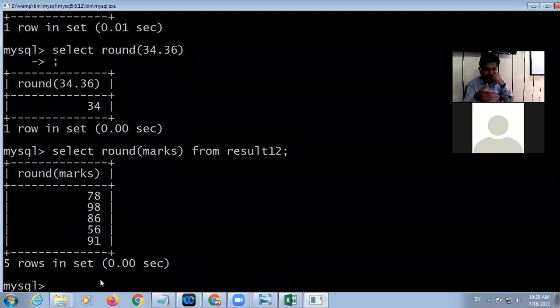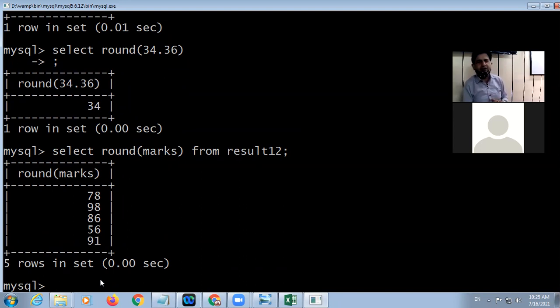It means it gives us multiple values, whereas sum, average, min, and max are aggregate functions that return a single value. So the round function will round off the value. If the decimal digit is 5 or above, one will be added to the value.